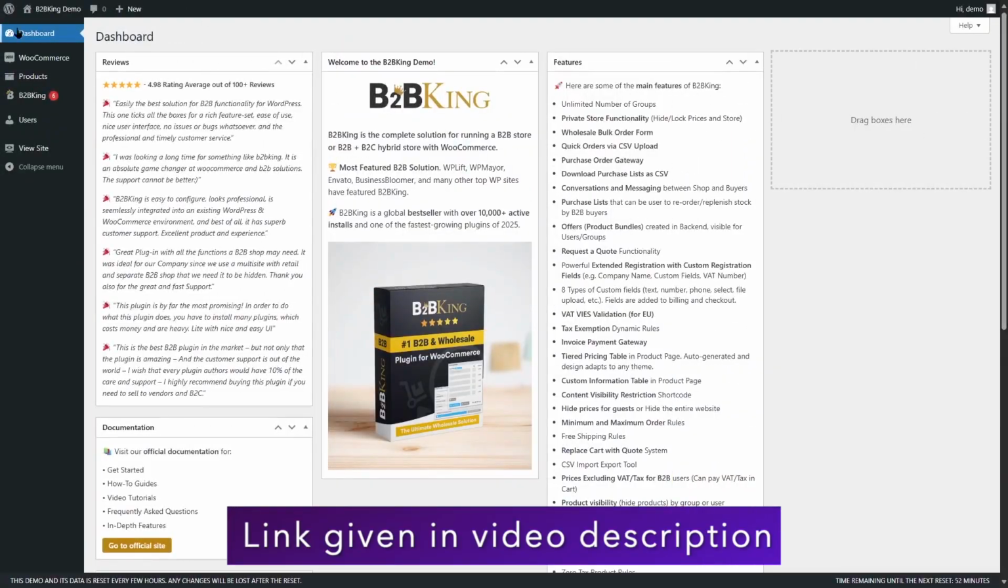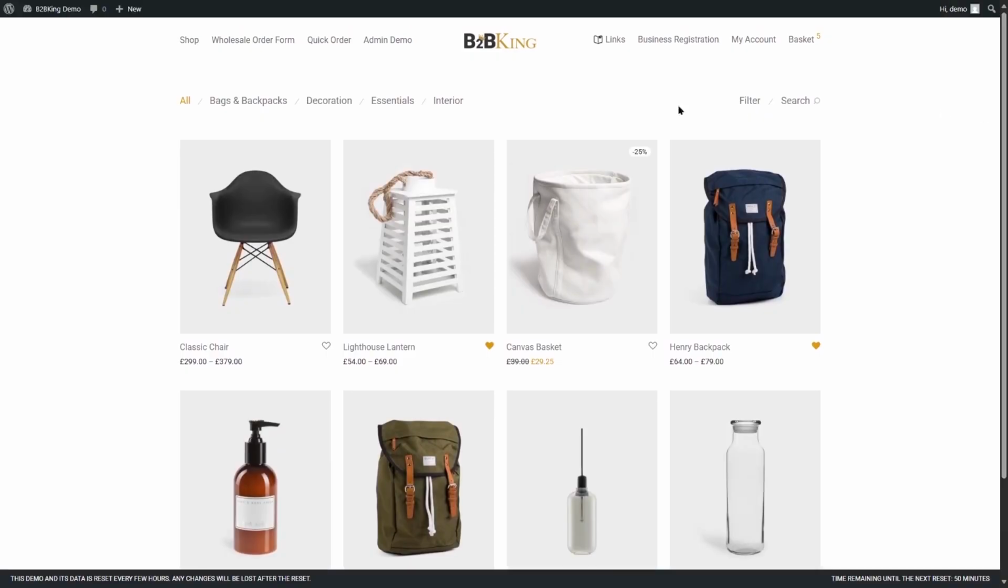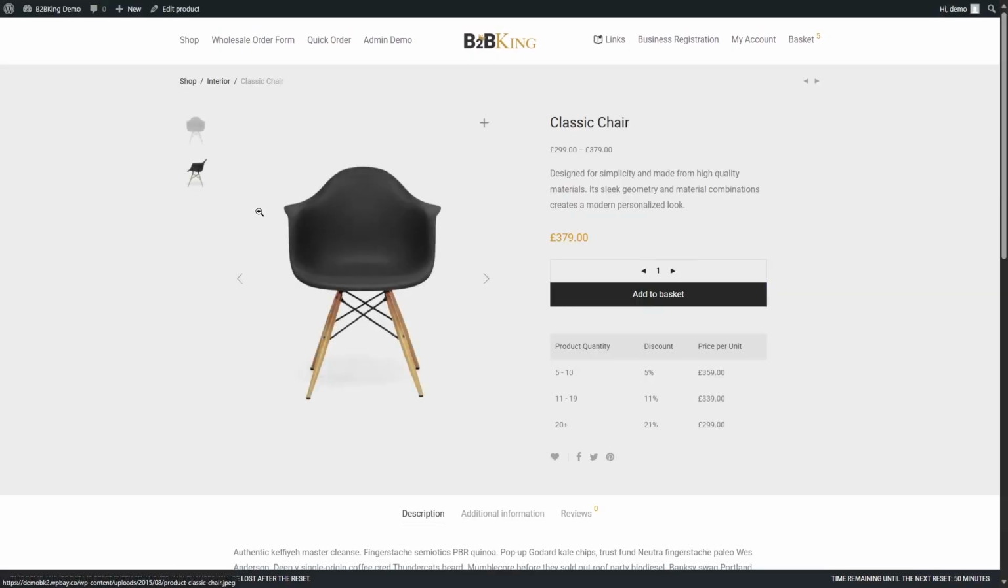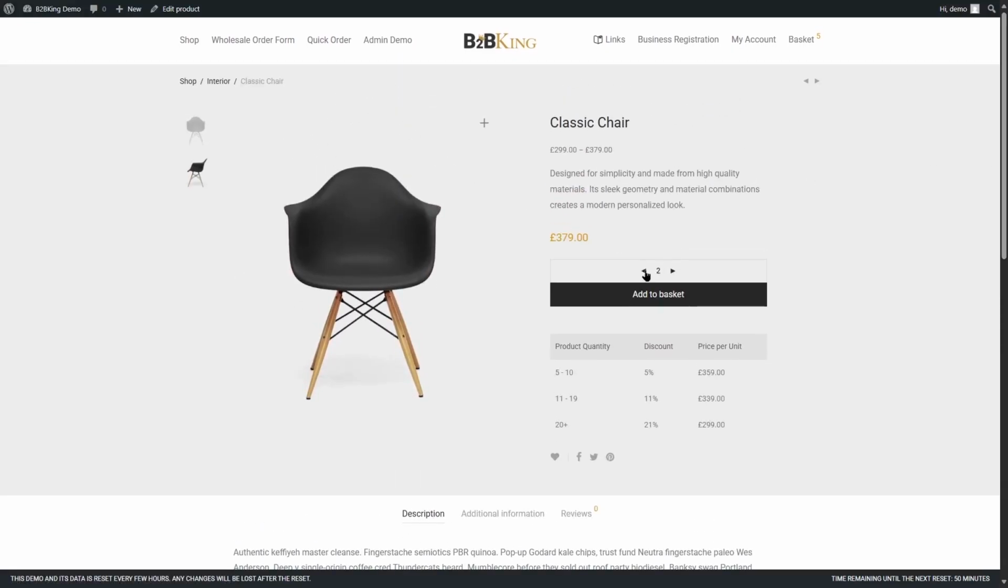Now first, let's visit our site and see the products. So these are the products that are added by default, and let's take a look at this product, Classic Chair. As you can see, this product has no minimum order limit. We can start from 1 and we can go up as many as we want. Okay, now let's get back